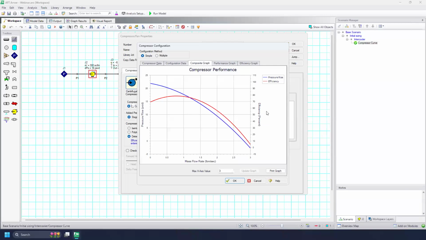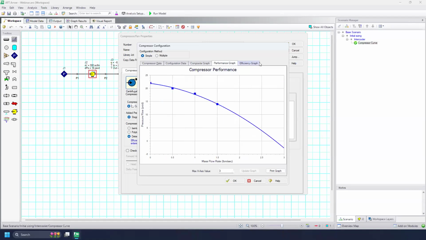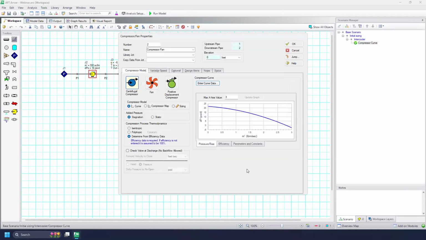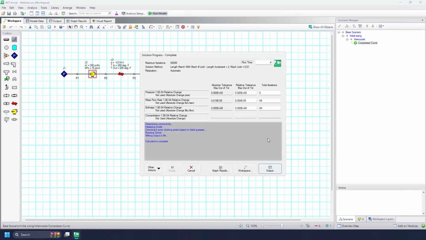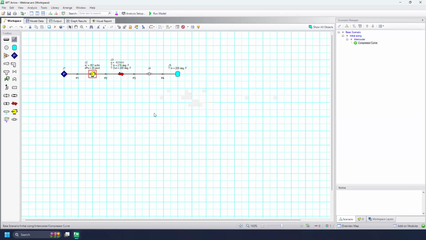And here you can see the efficiency curve in red and the pressure curve in blue. And in these tabs, we can see them with the data points. Go ahead and hit OK. Okay, go apply this. So now if we rerun,